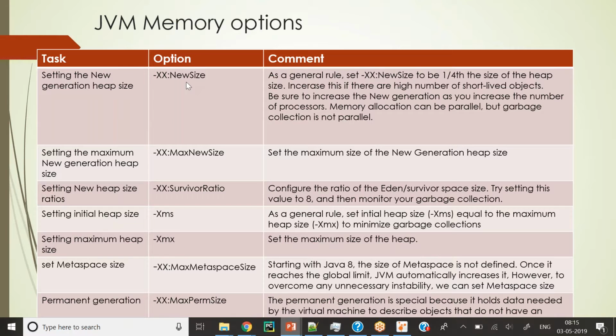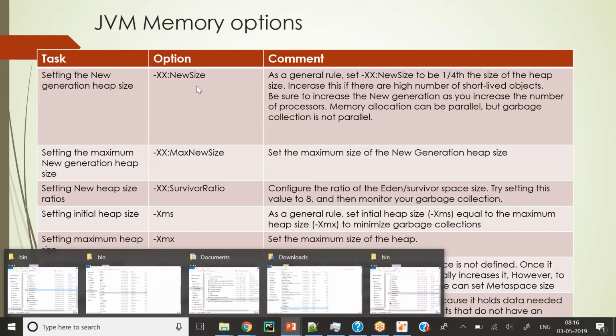Okay, so I will give you the list of these options, this table I will make for you. I want you to try these options and you can email me or WhatsApp me the screenshots for your test. For every parameter, one screenshot will be for your new size, one for your max new size, one for this. So 1, 2, 3, 4, 5, 6, 7 screenshots I am expecting plus one idle, 8 in total, right? So one without any changes and then these 7.